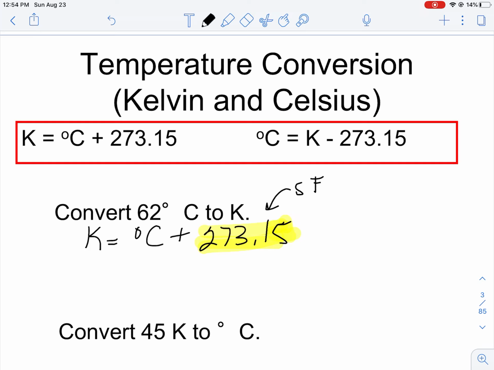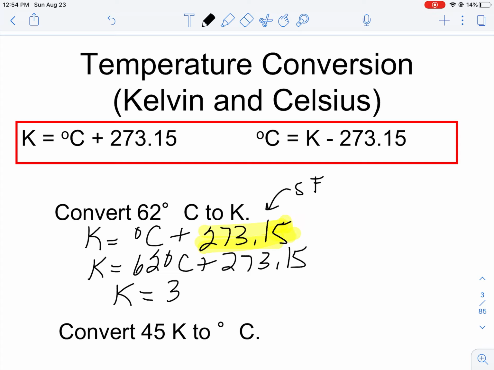All right, so we've got, okay. So now all we do, so that's your topic sentence, right? Your formula, and then you plug in the value. Plug it in. So we got 62 degrees Celsius plus 273.15. Simple, plug it into your calculator. Scientific calculators are a priority, a must in here. And you plug that in and you get